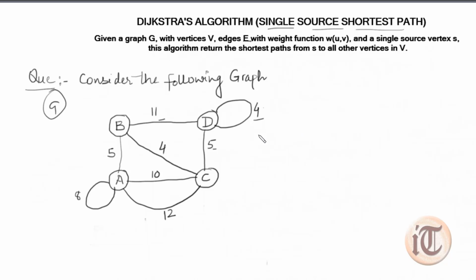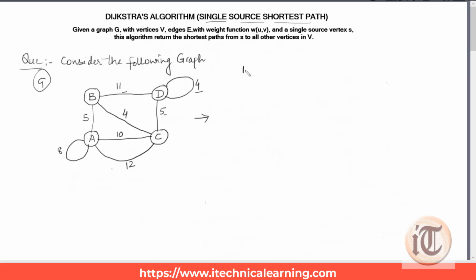Okay, so consider the following graph which is given to us. So we have to solve this algorithm step by step. So we'll start with step number 1. Step number 1 says remove all loops and parallel edges. Okay, so first we have to identify whether our graph contains any loop. So you can see here, this one is a loop, this one is a loop. So we have to remove all the loops as well as the parallel edges.